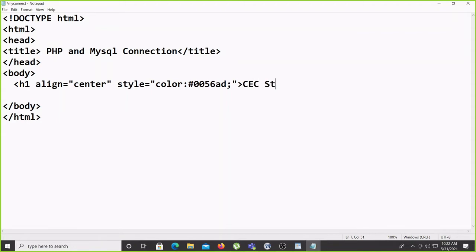CEC 6M student information. This is the heading of the table, and close H1.